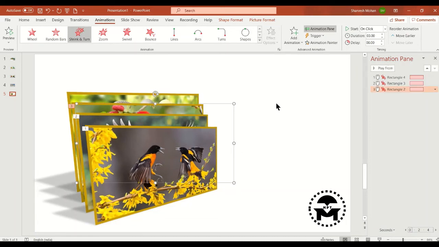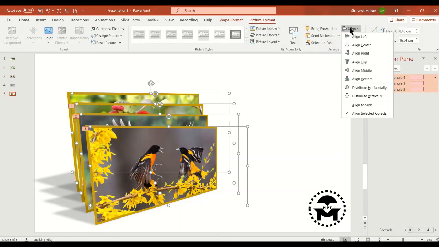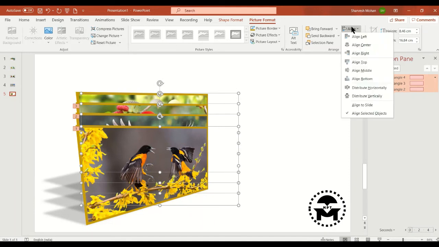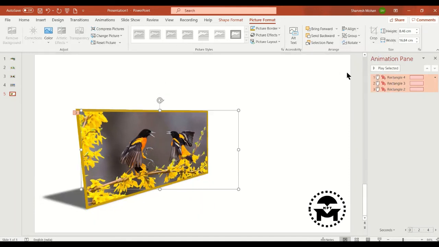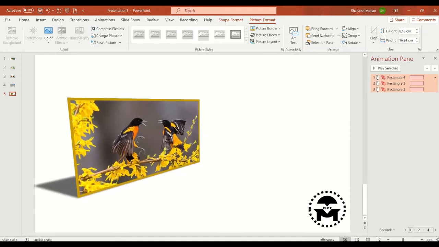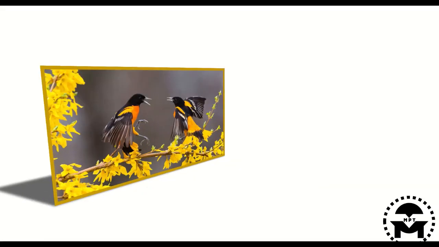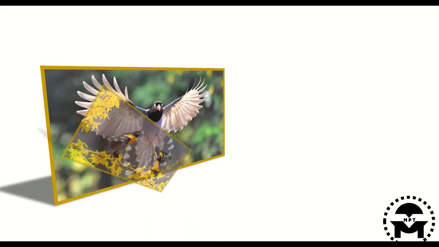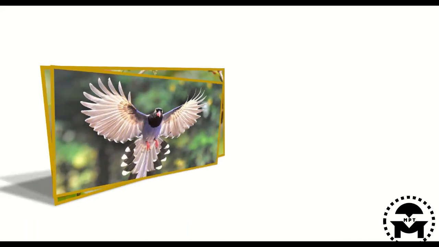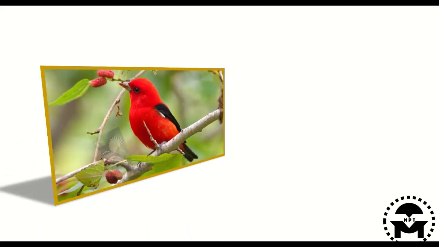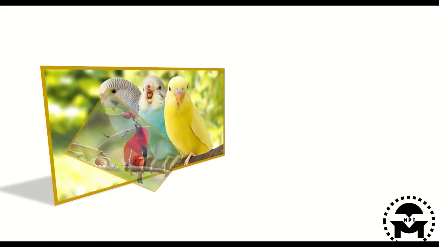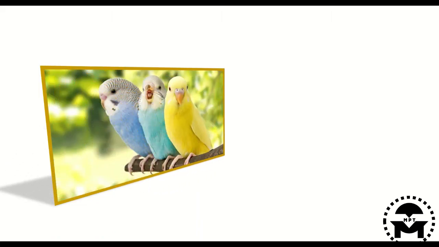Again, Control A, select all, go to Align Center and Align Middle. Let's see the animation effect. On click, again on click, again on click, and this is the effect.